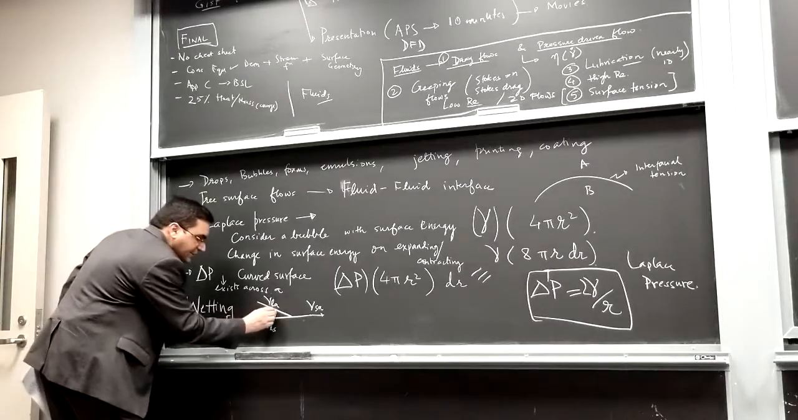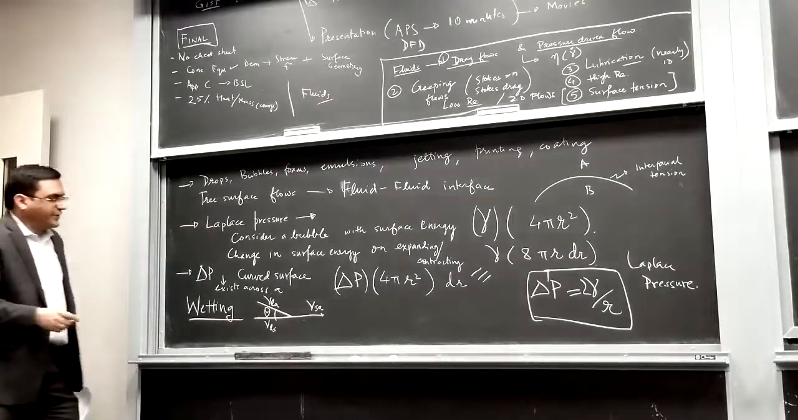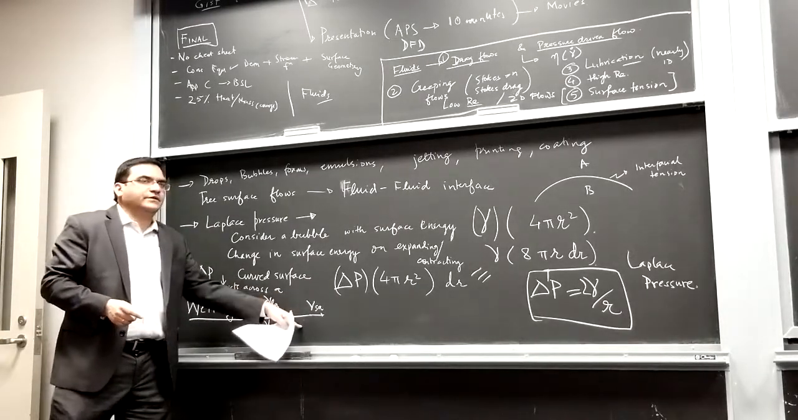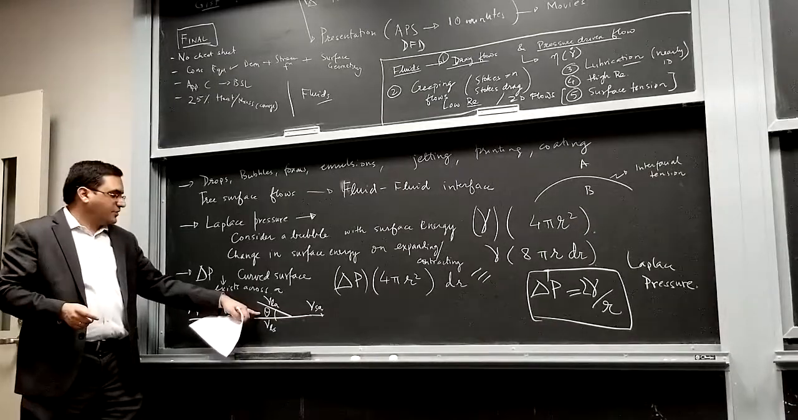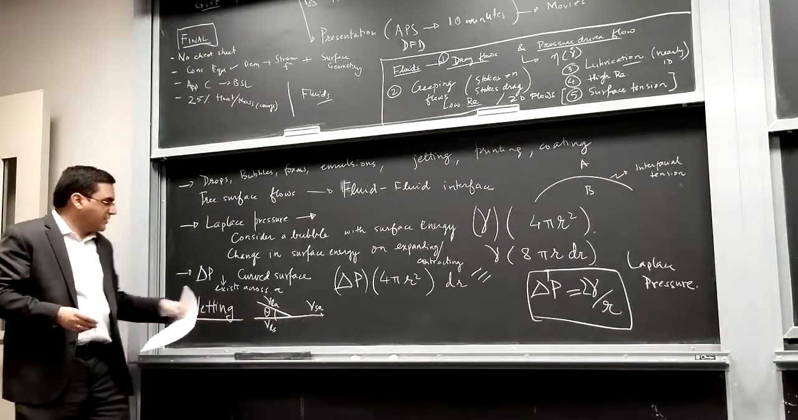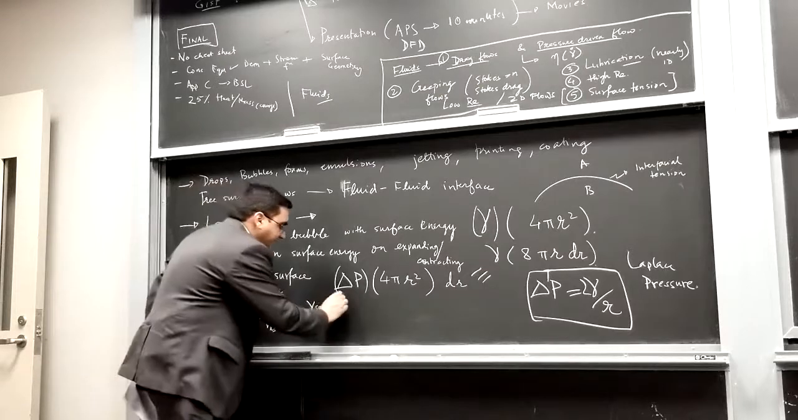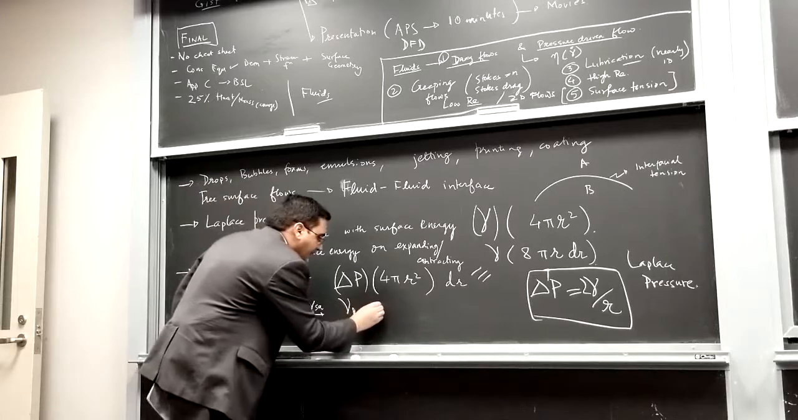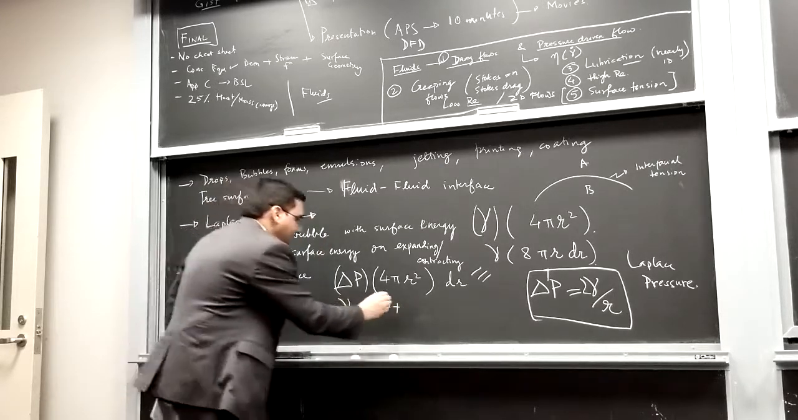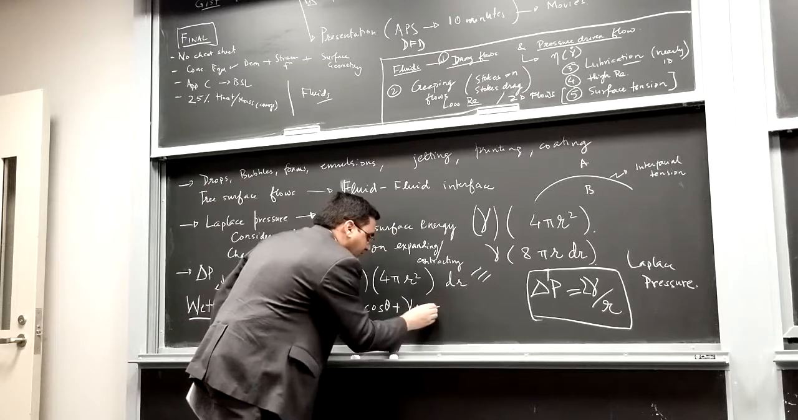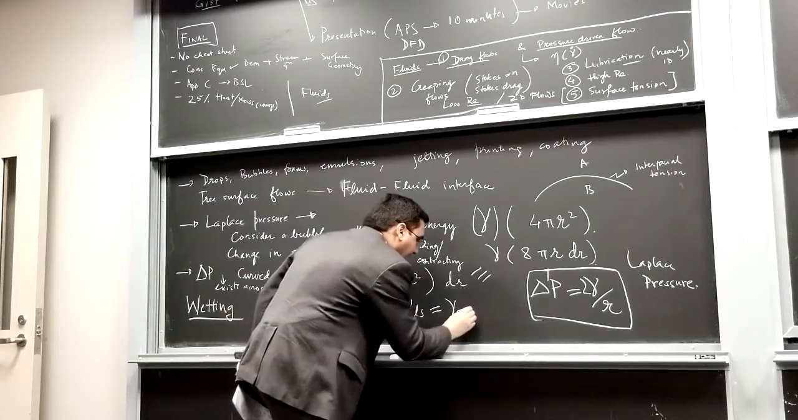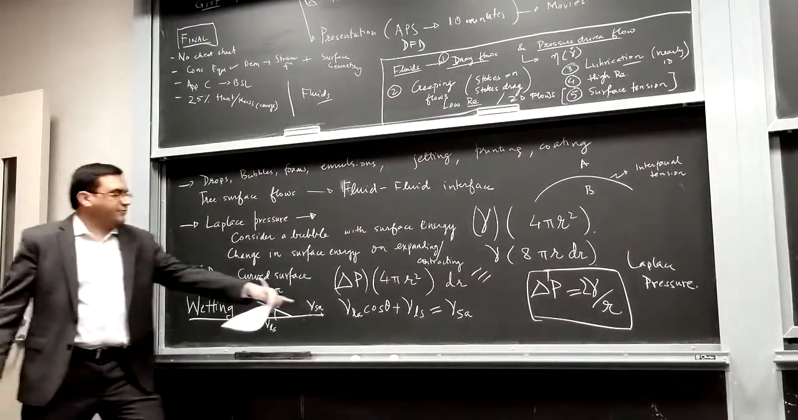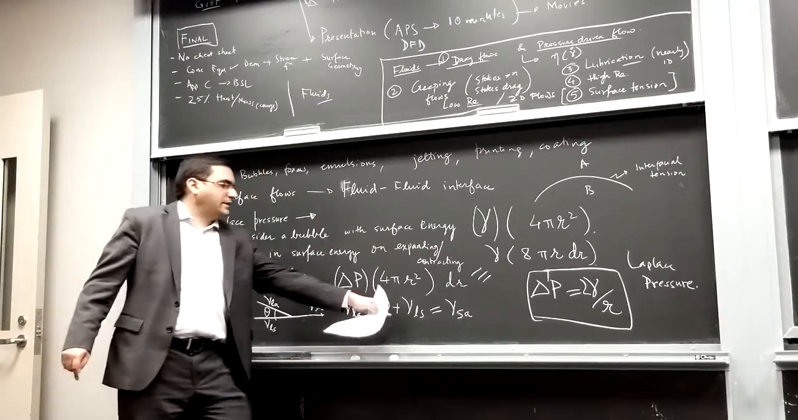What Young pointed out is that for a given choice of liquid and a solid, you will end up with a particular value of contact angle. So this angle is called contact angle. And if we do the force balance, then that force balance leads to cos theta, which is going to be